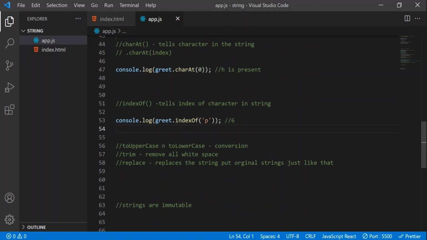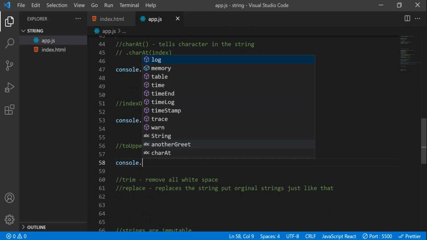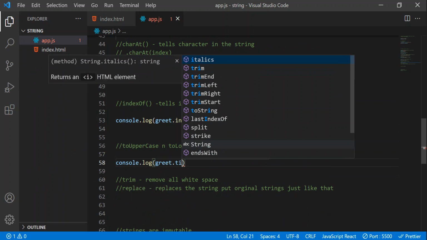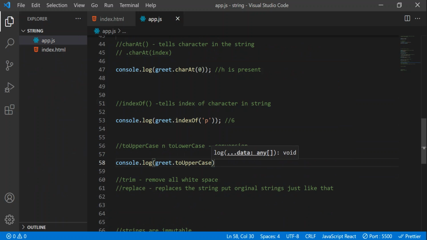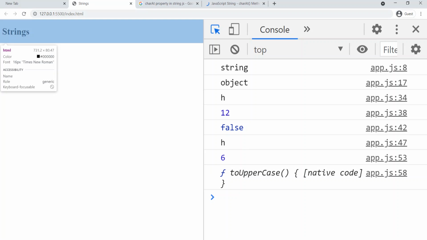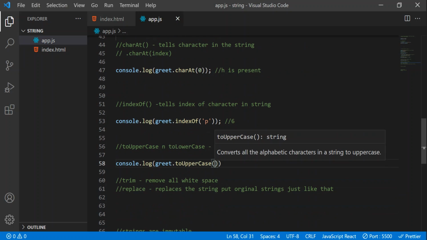Next, toUpperCase and toLowerCase. This is a very important method, guys. Let's write console.log, then greet, then toUpperCase. You have to give parentheses here.